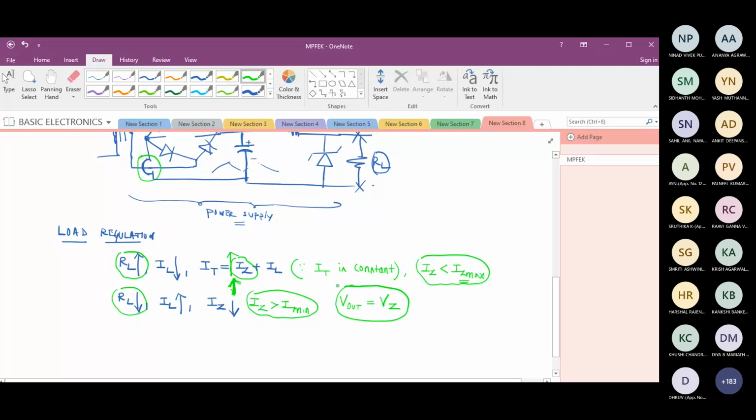So I've done a thorough analysis of this. I've explained how it works with the equations, with proof. Next session, we'll solve problems on this. I'll teach you how to design this. Yes, now I'll come to the quiz part. Please wait. So next session, I'm going to solve problems on this. Maybe if time permits, I will teach you how to design this circuit also. With that, my diode chapter is over. With this Zener regulator circuit, the diode chapter is over.